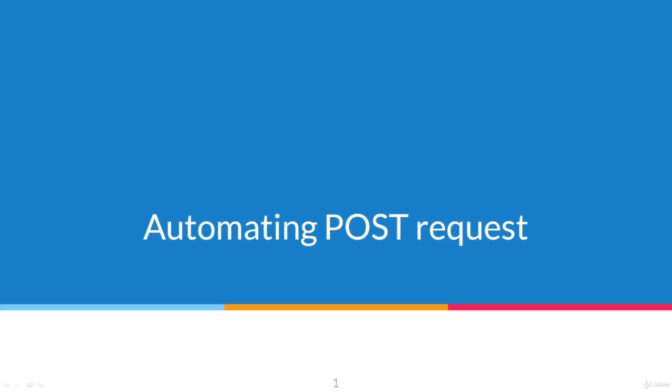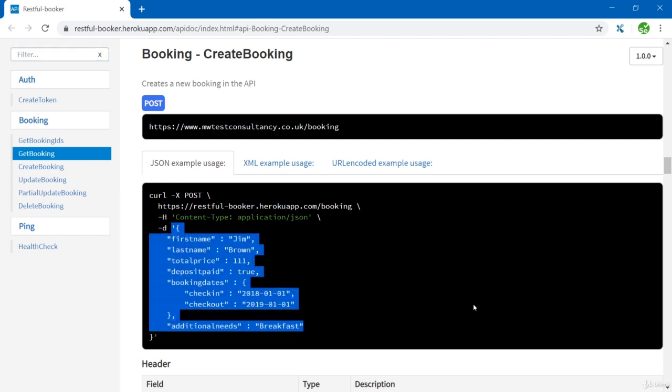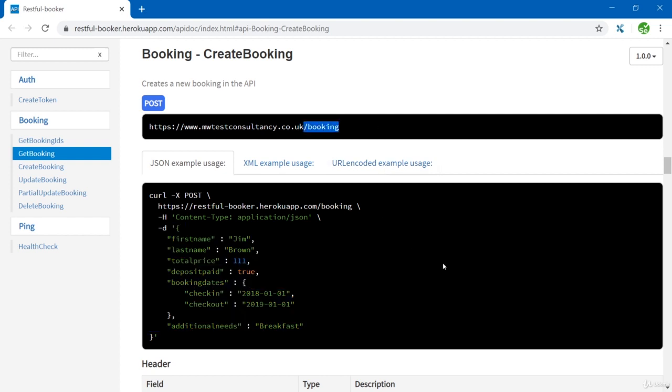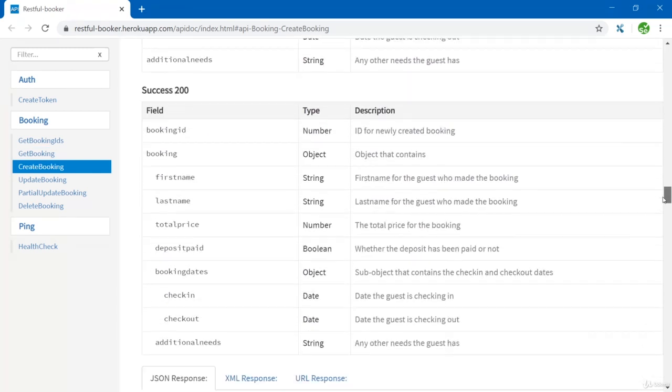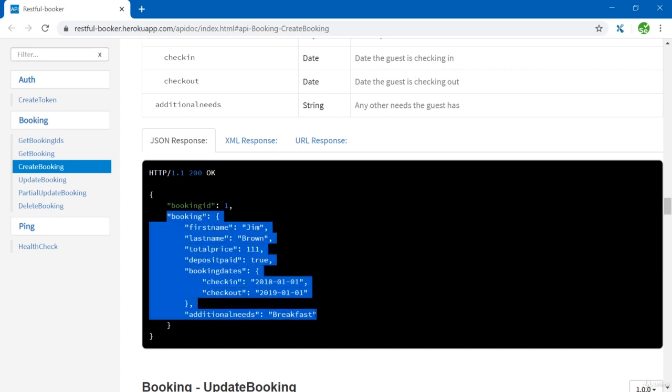Hey guys, today we will learn how to submit post request with JSON body. We will be automating create booking request. And as you see here, we have JSON example that we need to submit to this endpoint. In the response here, we should get the number of newly created booking ID and the actual booking with the